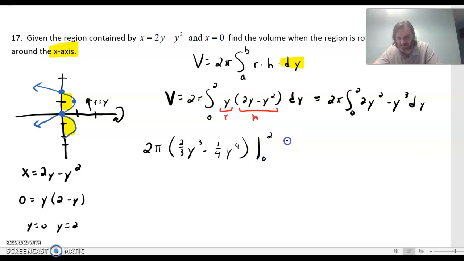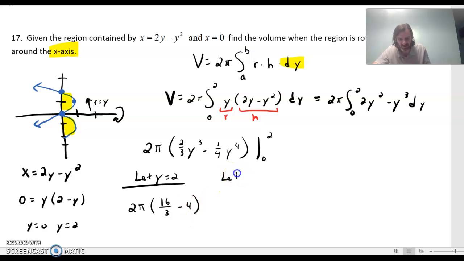So let's make sure. I think that's good. So then we let y equal 2. So we'll have 2 pi, and then plugging in 2, we'll have 16/3 minus 4, I believe, and then when we let y equal 0, it looks like we get 2 pi times 0,